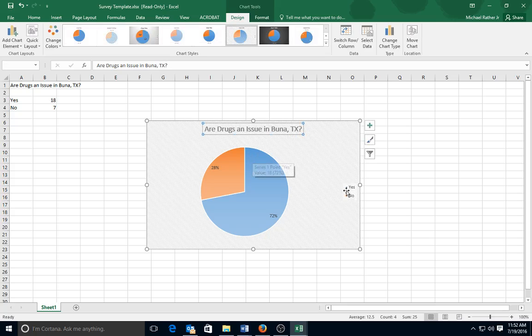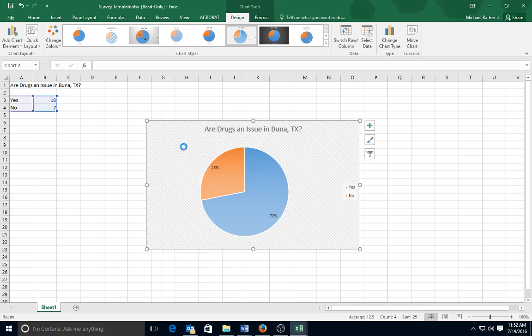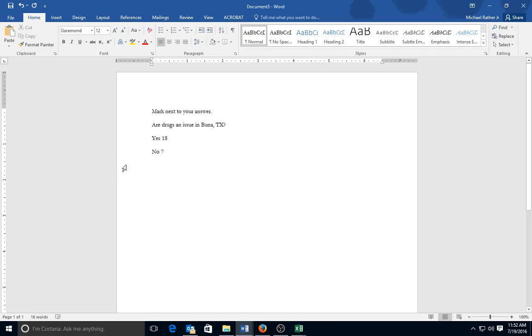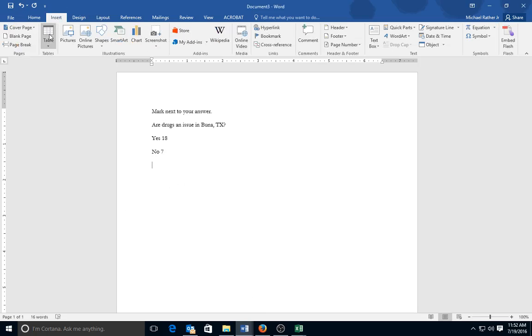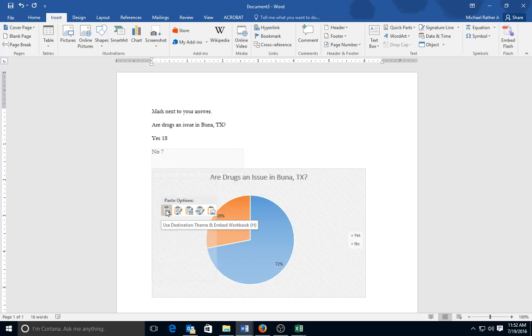And then you have this data and you have this set up. Now the next thing you do is you can copy this directly into a Word document. And then you would write around it.